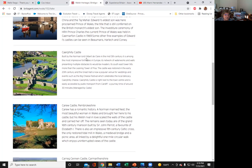Caerphilly Castle, built by Norman Lord Gilbert de Clare in the mid-13th century, is among the most impressive fortresses in Europe, its network of waterworks and walls presenting multiple obstacles to would-be invaders. Its southeast tower tilts more than the Leaning Tower of Pisa. The castle was restored in the early 20th century, and the Great Hall is now a popular venue for weddings and events such as the Big Cheese festival, which celebrates the local delicacy,